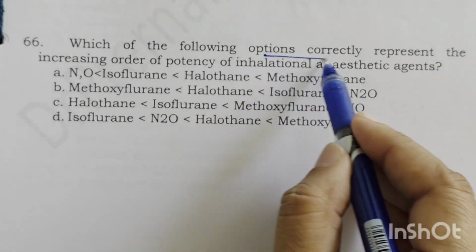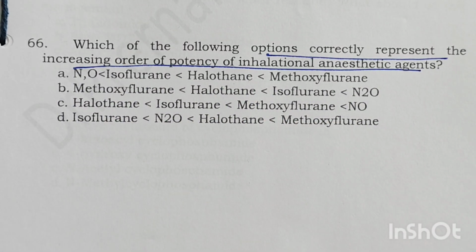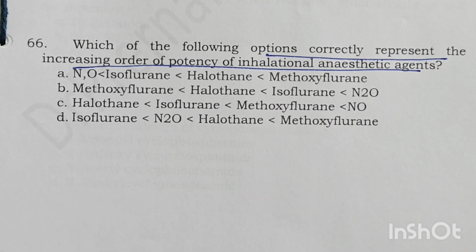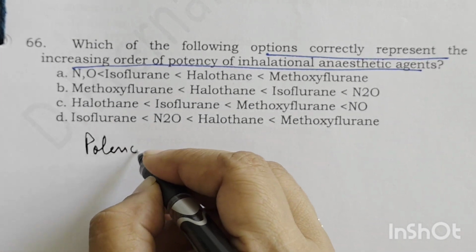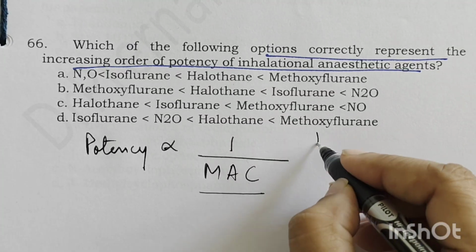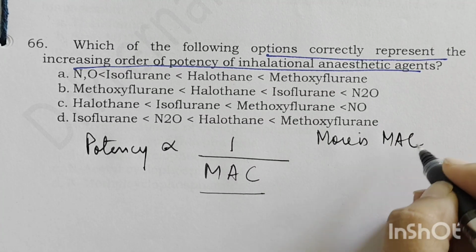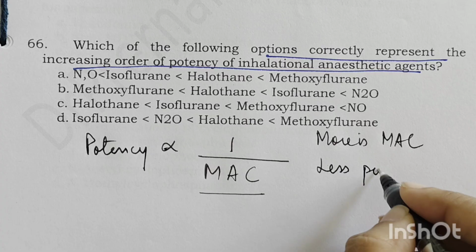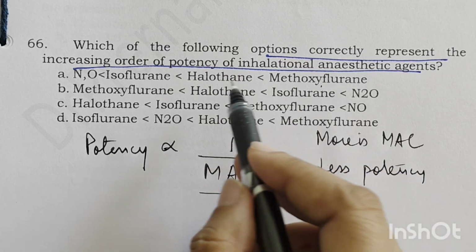Next, which of the following options correctly represent the increasing order of potency of inhalational anesthetic agents? Now remember one thing, that potency is inversely proportional to the minimum alveolar concentration. So the more the MAC of a particular agent, the less will be the potency. So now methoxyflurane, halothane, isoflurane,